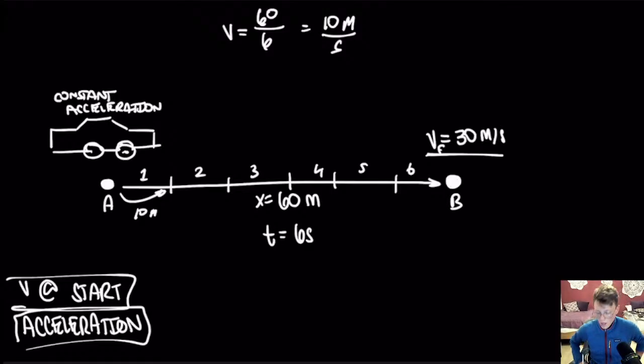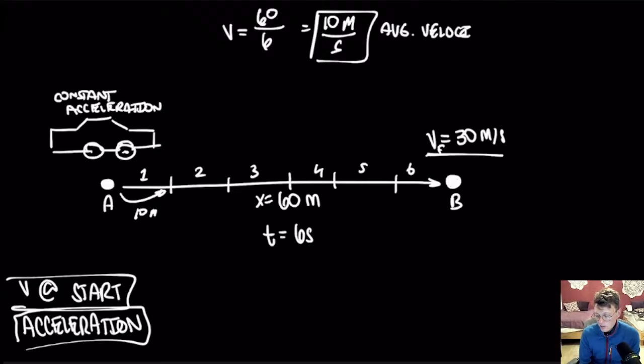This is kind of weird though, because at the end here, we have a v final, and we said that we're going 30 meters per second. How is it that we're going 10 meters per second? This doesn't make any sense, right? It just doesn't make any sense. If we ended at 30, how are we going 10 meters per second? Well, we have to be careful here because what we just found is the average velocity,